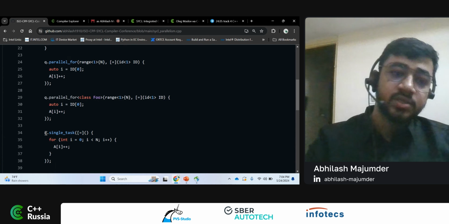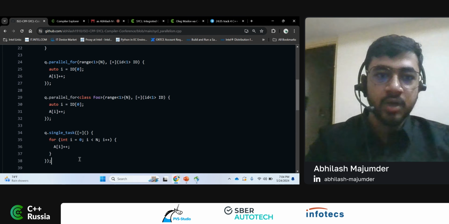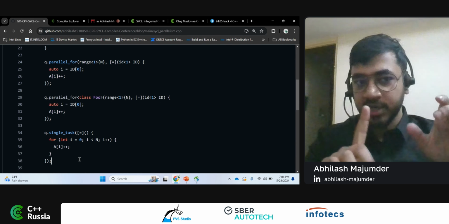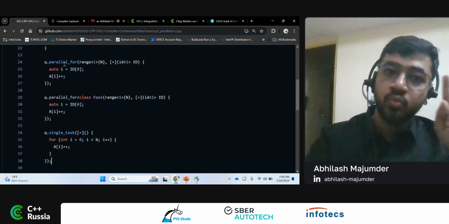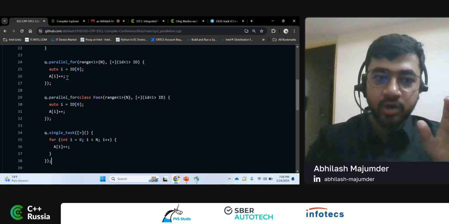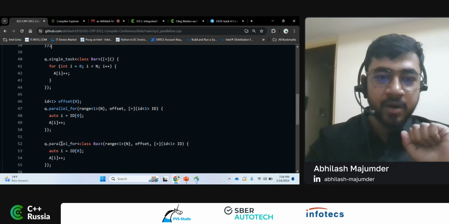This is another kind of kernel, which is a single task kind of parallel for, which is only having one task, that is, one thread is running on it. In this case, only one work group is having one thread. Over here, only one thread is running. So there is no concept of work group in a single task. Then you have a parallel for